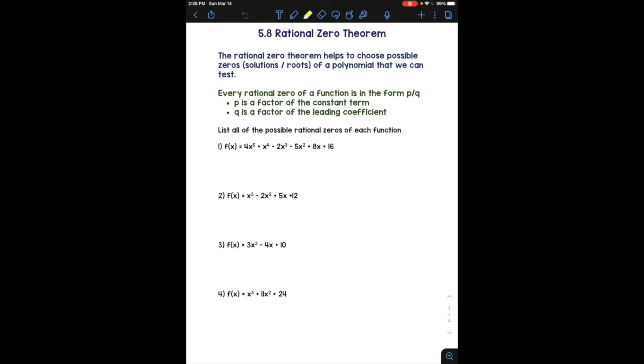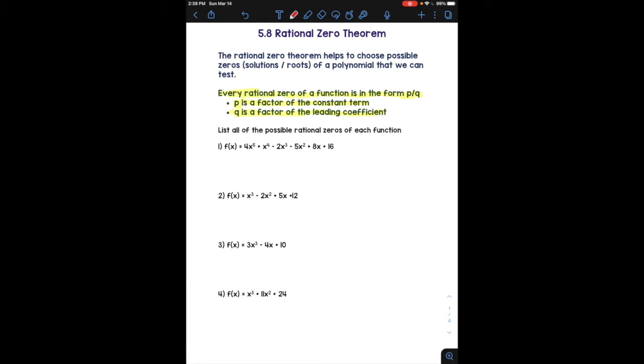In order to find these possible zeros, every rational zero of a function is in the form p divided by q, where p is a factor of the constant term. The constant term is the term of a polynomial without a variable, and the q is a factor of the leading coefficient. Once we find p and q, we can then find all the possible rational zeros or solutions to